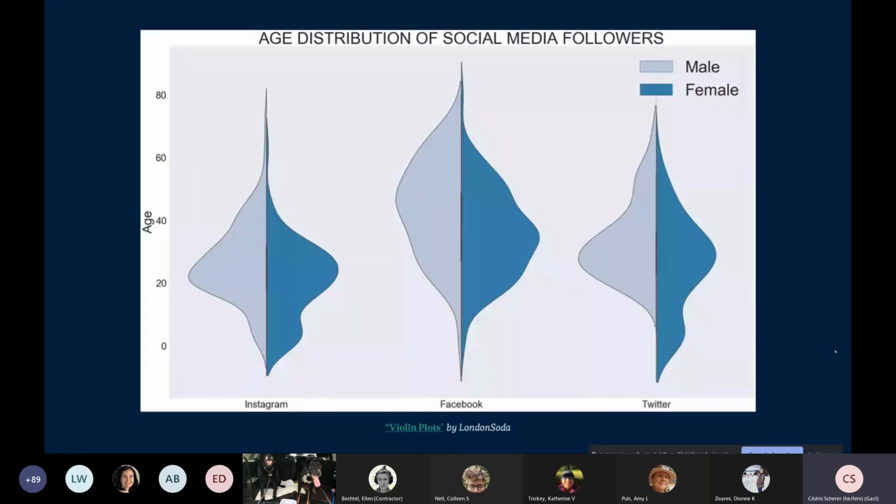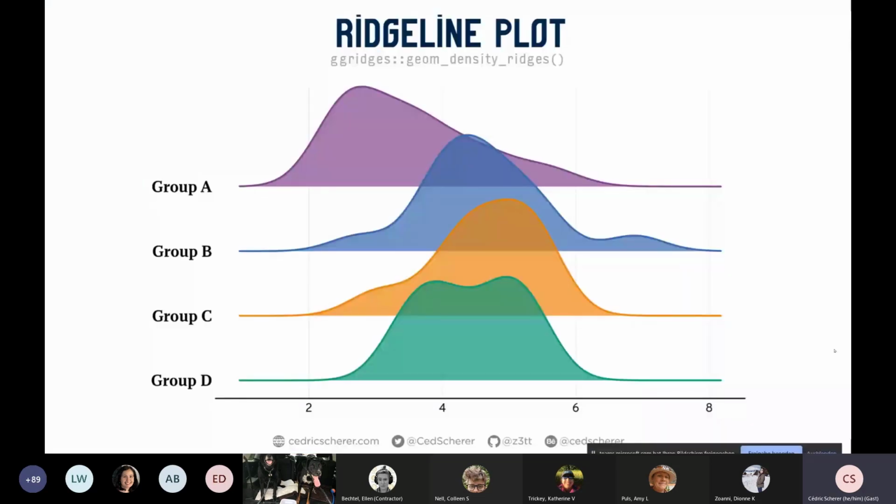Okay, coming to the next chart type. I guess I have to speed up a bit, looking at the time. So, ridgeline plots, from the ggridges package. I already mentioned it. They were called joy plots before. We shouldn't call them like this. If you want to have a look, I shared the link in the chat.